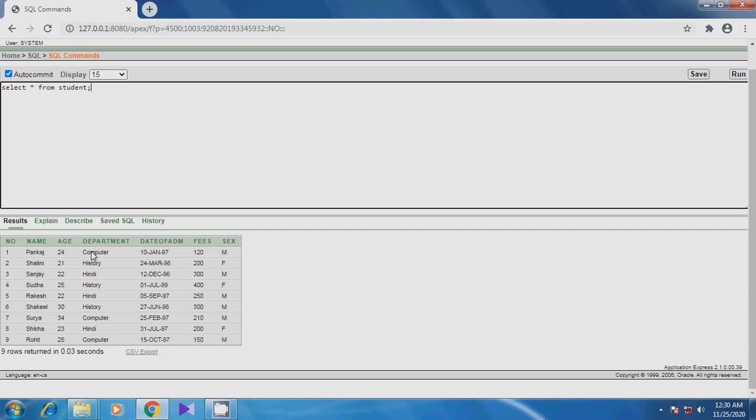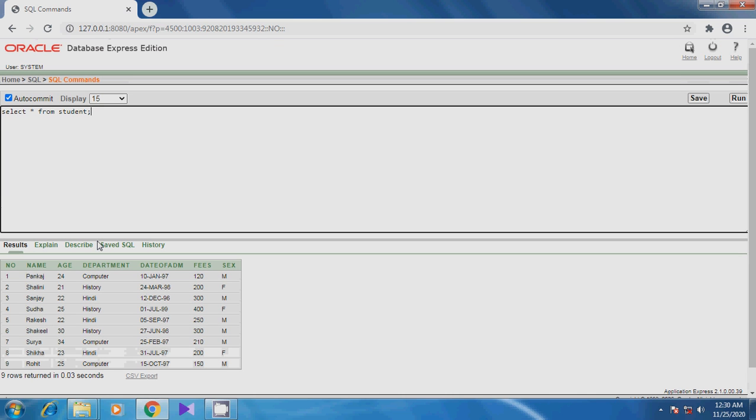And the department also, the first alphabet is a capital letter. So when you are searching for that particular value, if it does not match, if it is in lowercase, then you will not get the output value, right? So just an example, suppose like